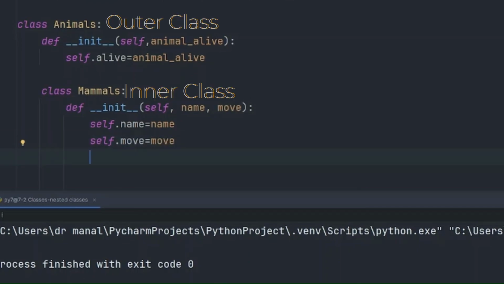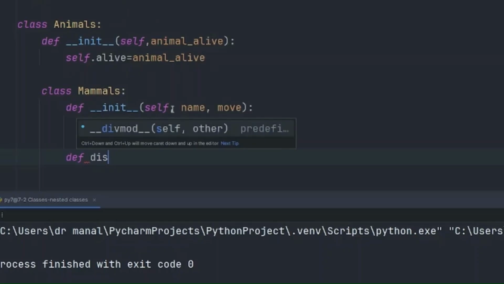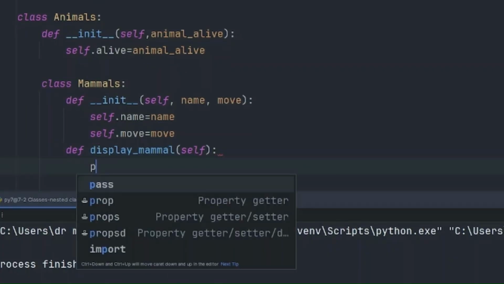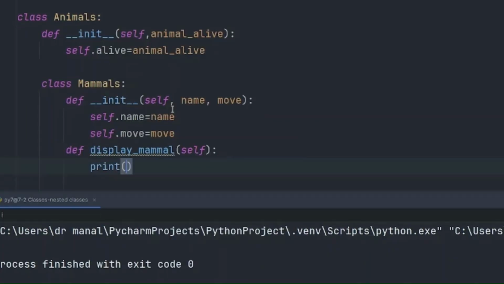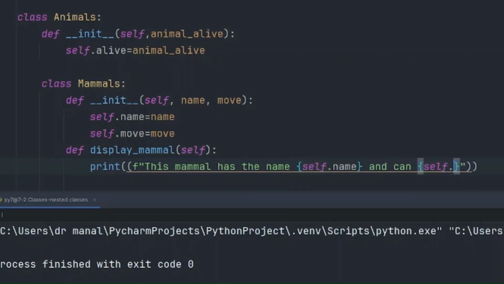Let's have another function to define some data about this mammal. So we write def display_mammal, and we have our self here. What does this do? It simply prints using the f-string our quotation here: This mammal has the name, and we use self.name between our placeholder here, and of course the motion, we apply the motion here using